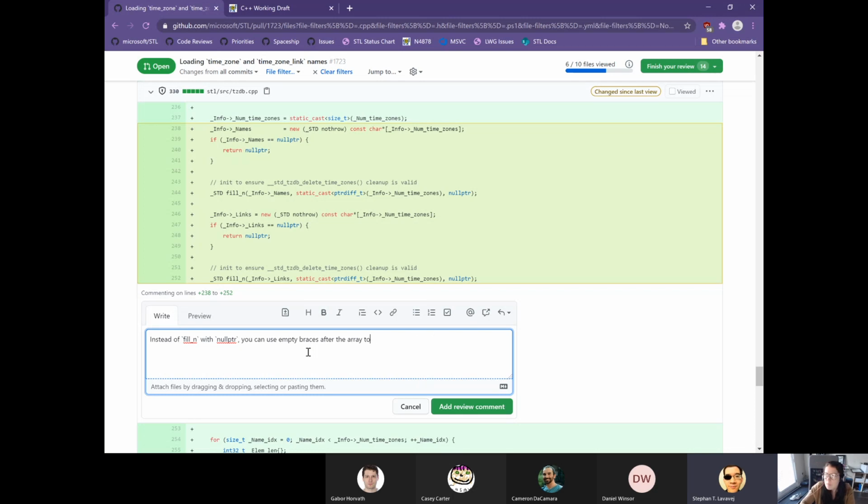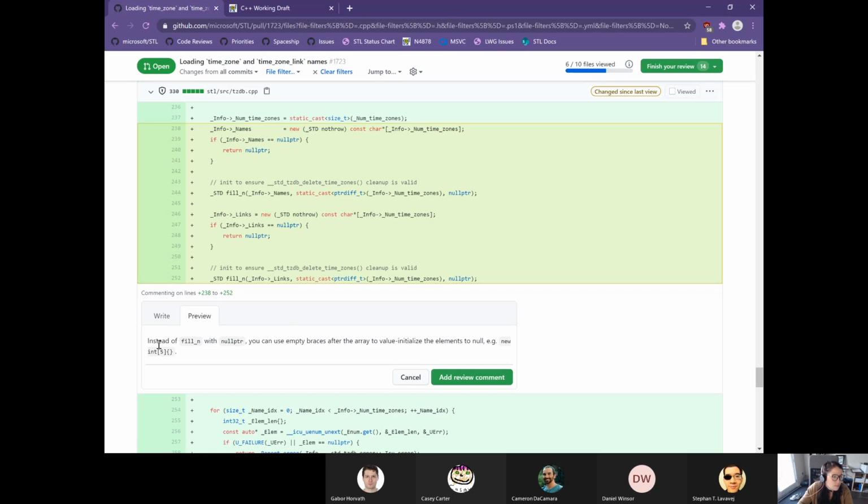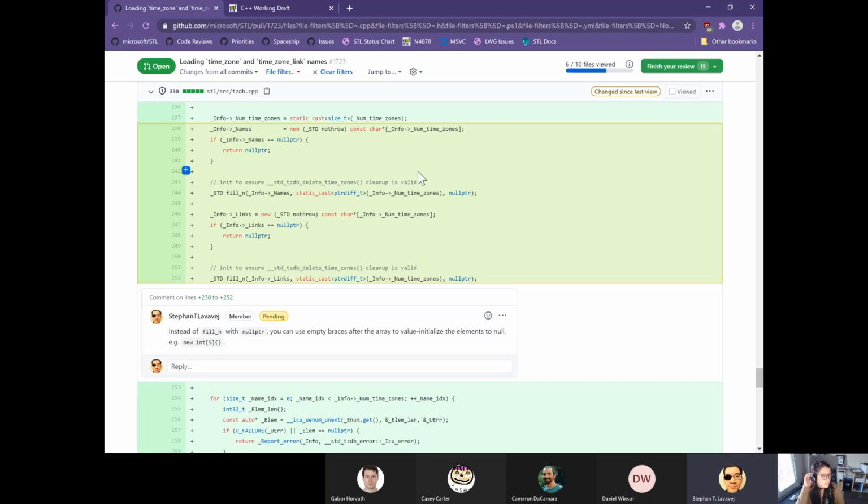It's really value initialize, which is going to do nullptr. Initialize the elements to null. For example, new int 5 with empty braces. I'll just provide an example rather than writing out the thing. Yes, that should totally work. And if it doesn't, then I'm very wrong. And then